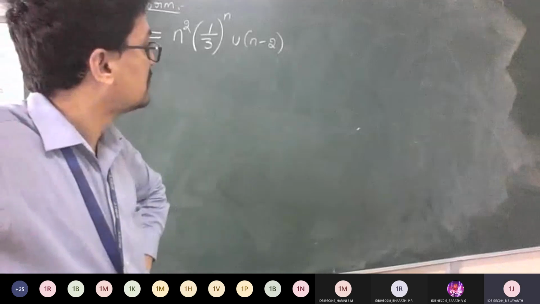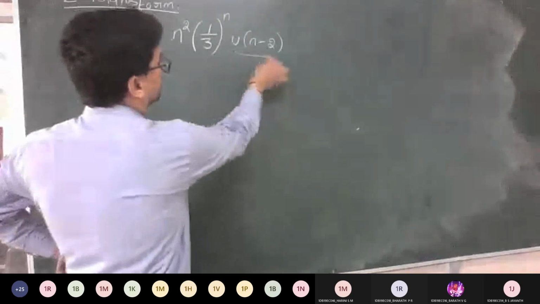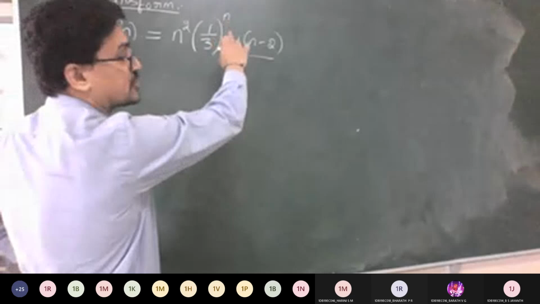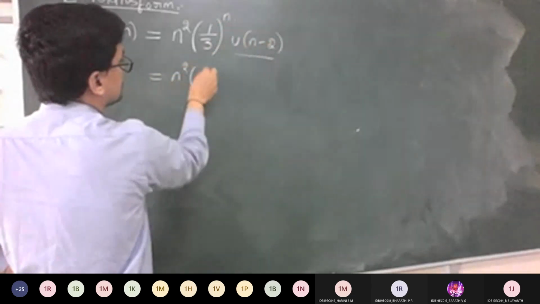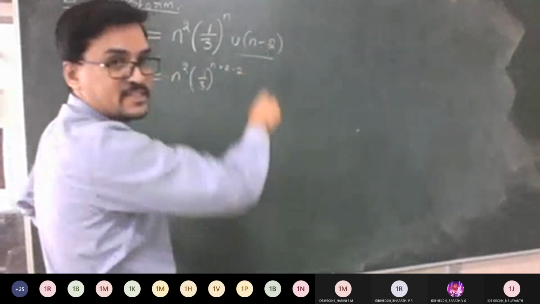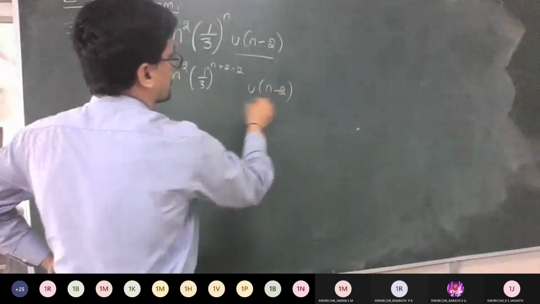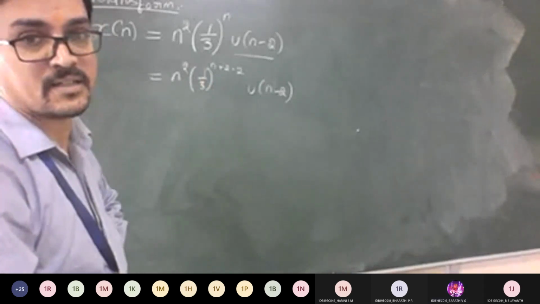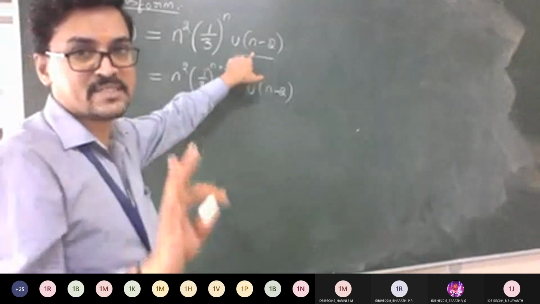The simplification with respect to u of n minus 2, sir. Yes. So the simplification has to begin with u of n minus 2. See, a small change you can perform here. If I add plus or minus 2 for this n, do you think any change will happen? Why am I adding plus or minus 2 only? Because of this n minus 2. If it is 3, plus or minus 3, into u of n minus 2. Is there any change from this to this, is it the same? Yes, sir. Correct.